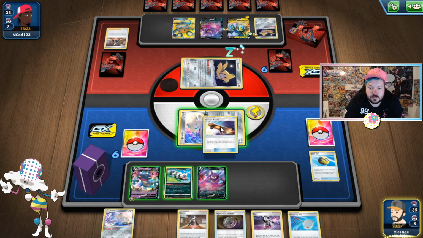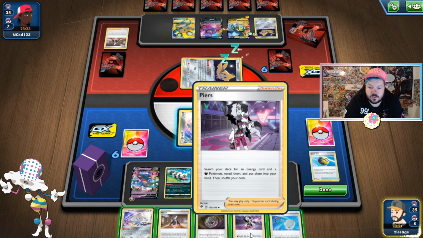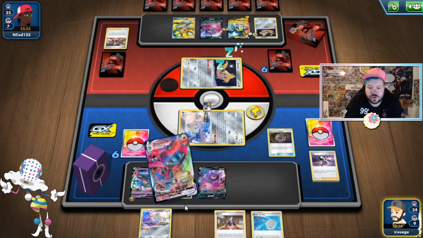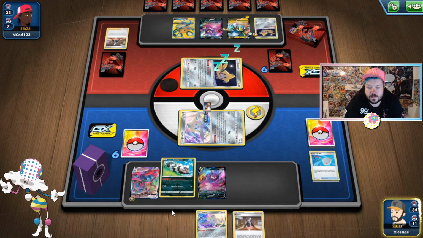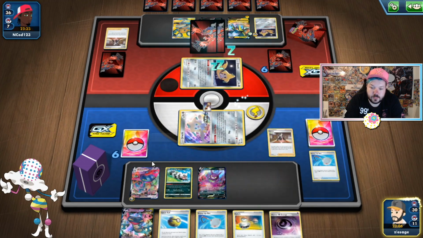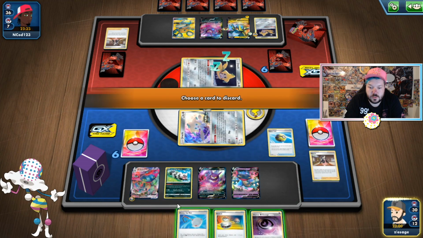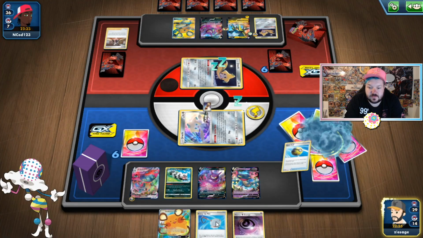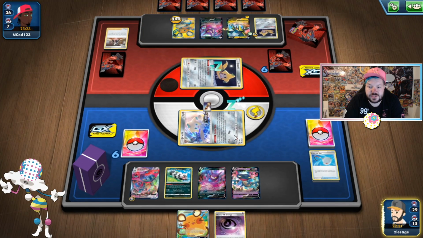Let's go Escape Board. Let's go Mysterious Treasure here. Getting out our Dragapults. And I don't necessarily want to take the first shot of damage. I'm just going to take that away, grabbing a Dedenne-GX. Let's go Scoop Up Net again. Can place some damage counters on the Dedenne-GX, and there's no point of us...